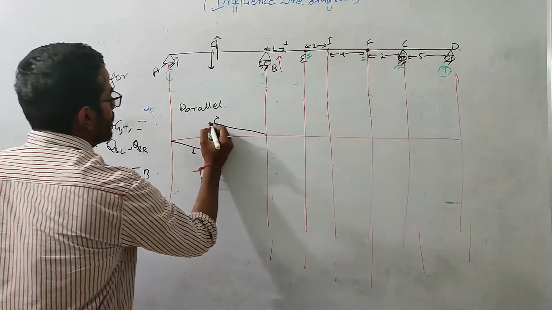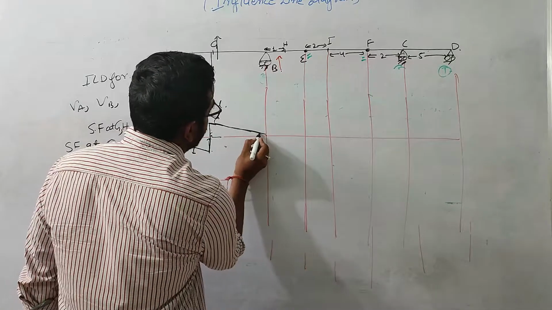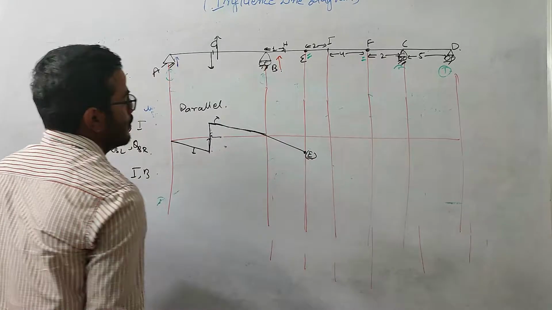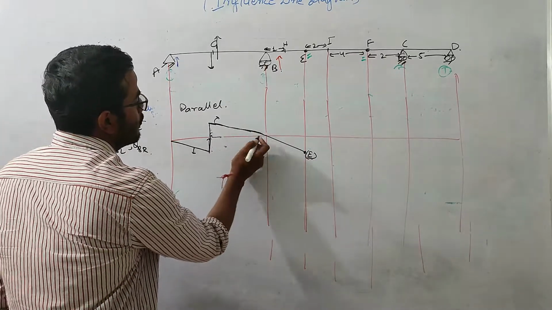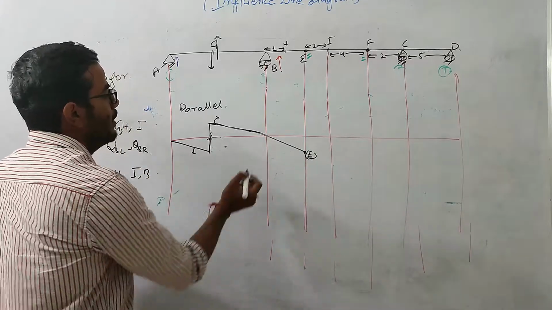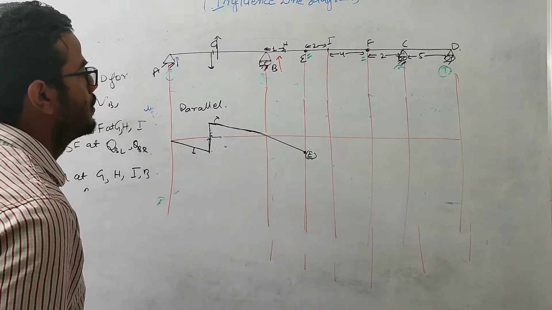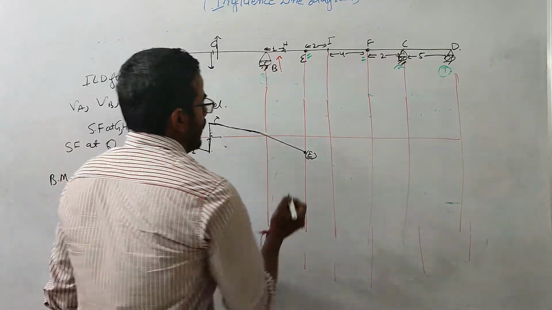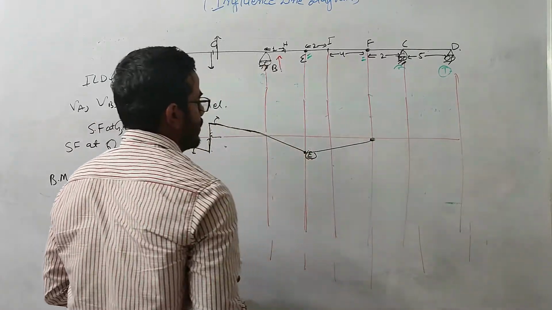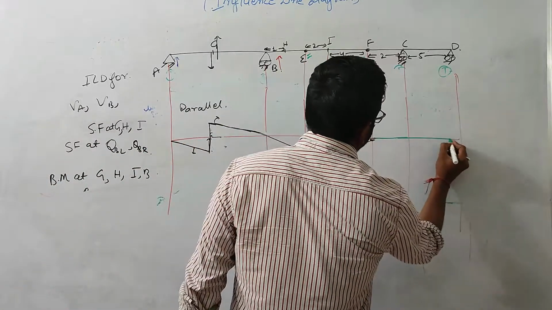Right. At this point this E point will go down, because the slope at B should be maintained. We are not releasing any moment over here. And the boundary condition is that this B point cannot move up and down. When this comes down, it will go like this. And again, this portion will remain as it is.